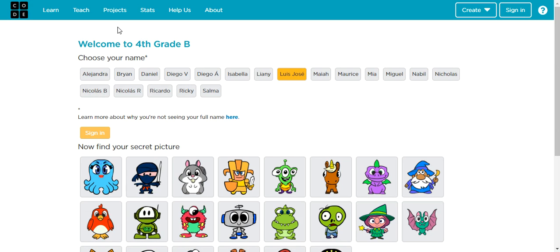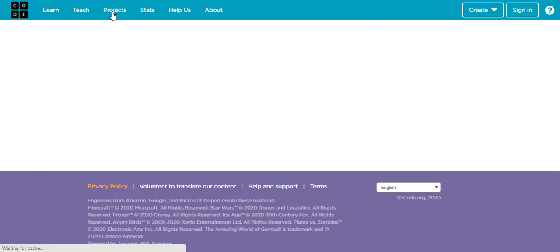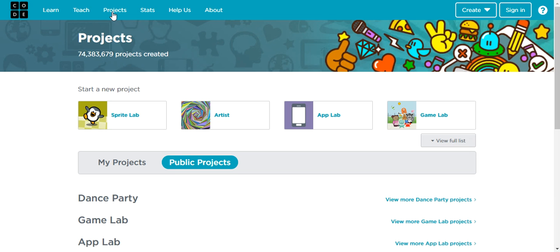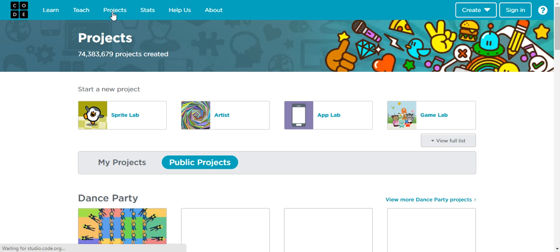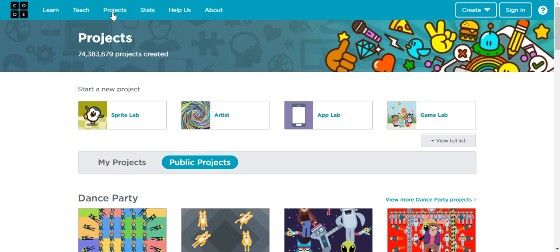So we're going to focus on the project tabs right here. So we're going to click on this just right after you sign in. So make sure that you sign in properly because all the work that you try then won't be saved and then I won't be able to see your work. So make sure that on this side, instead of saying sign in, it has your name. Right after that, then you're able to click on project. Now, when you click on project, you're going to see